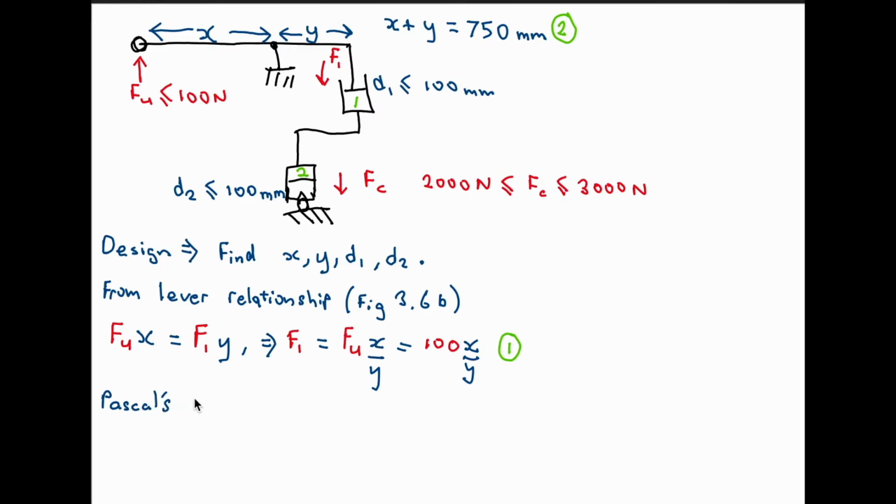And then we can apply Pascal's law for the hydraulic system. And Pascal's law states that the pressure in the fluid is equal. So pressure is equal to force divided by the area. So F1 divided by A1. A1 is the area of the piston 1. Since the pressure is equal throughout the system, that means F1 over A1 is equal to Fc over A2 is equal to the pressure of the oil. So we know that we want Fc to be in between 2000 and 3000. So let's just choose a value for the clamping force. So Fc 2500 Newton. So if we substitute the value,